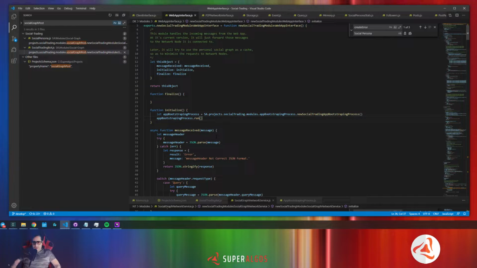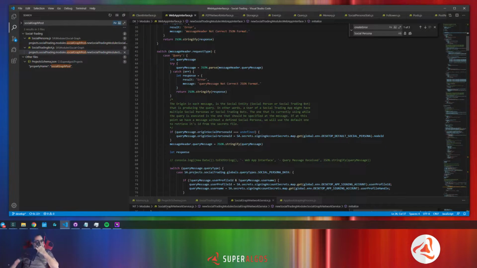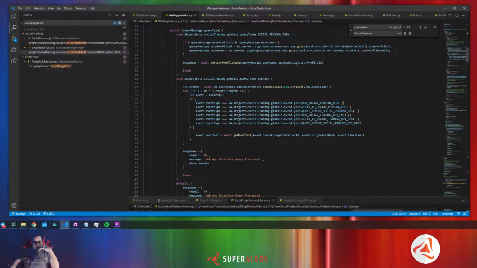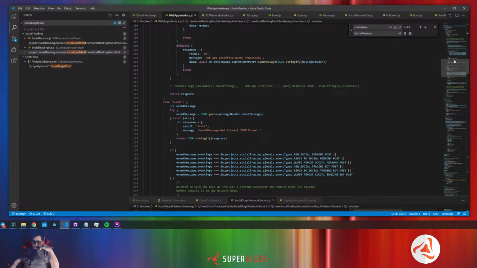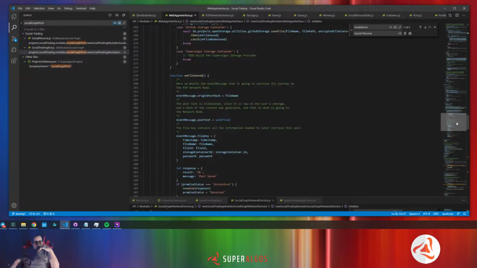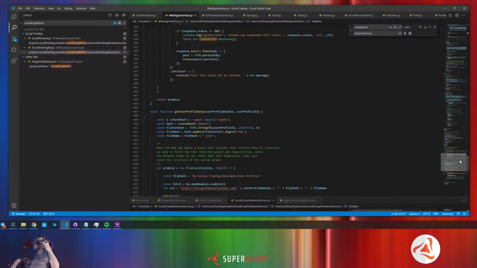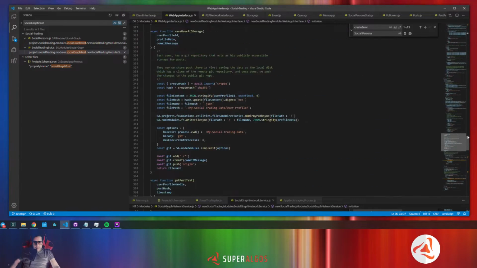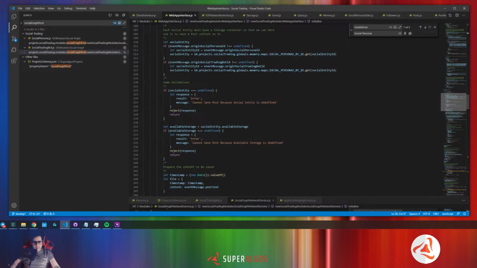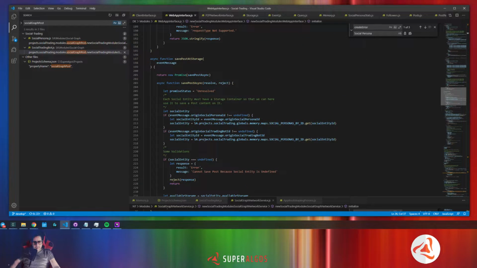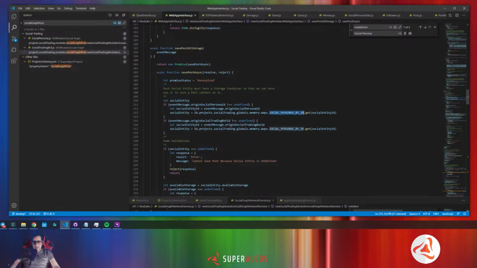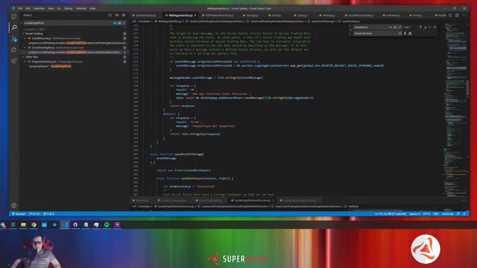Okay, so this would create this map that we need in order to get the social entity, and from there the available storage. Okay,